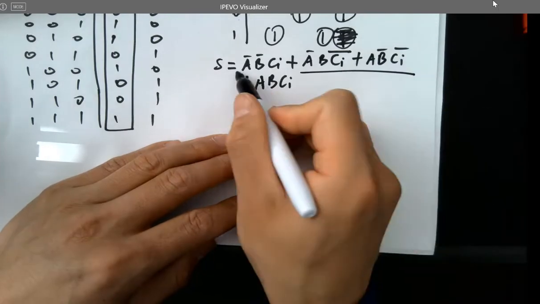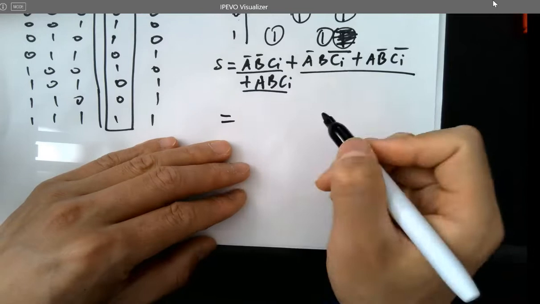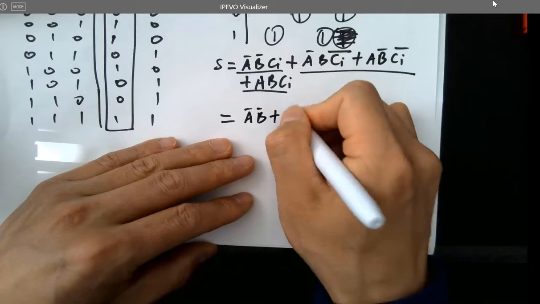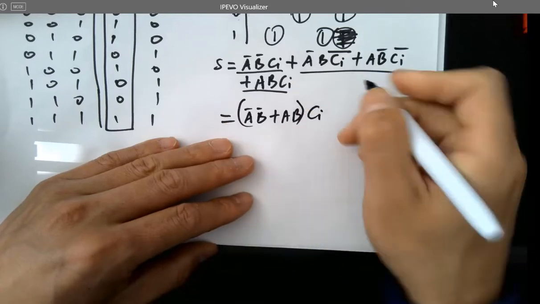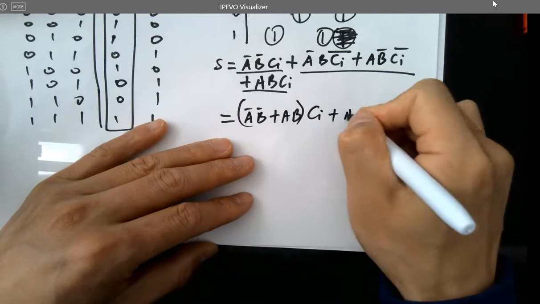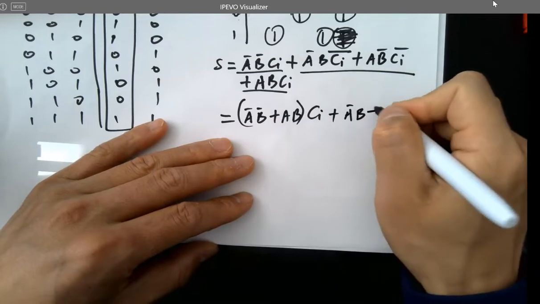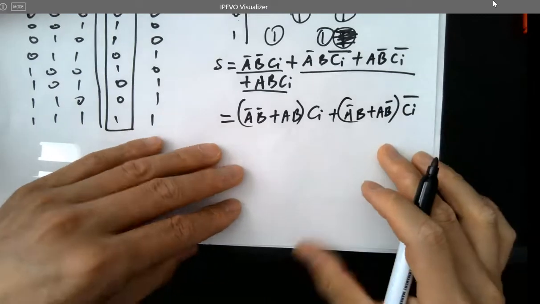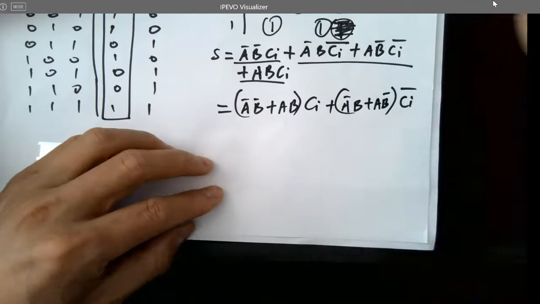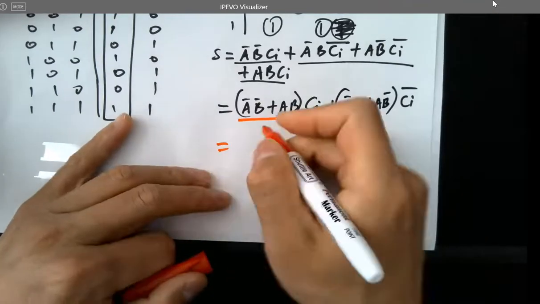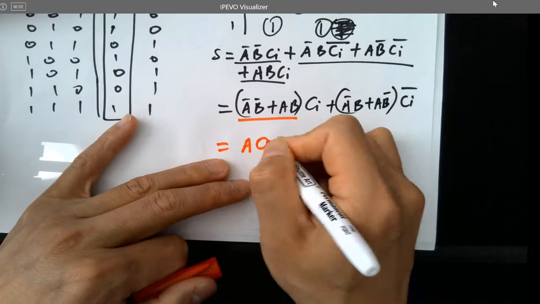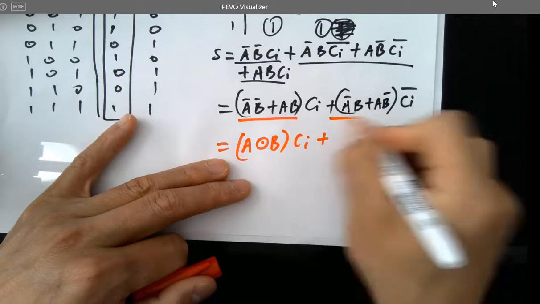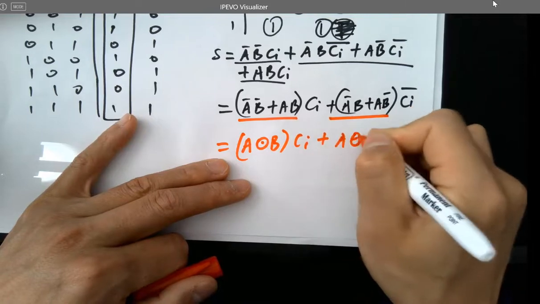Combine these two and combine these two. So you can take Ci out. A not B not, or AB, Ci, or A not B not, A not B, or AB not, and Ci not. And because this is A XNOR B, and this is A XOR B,